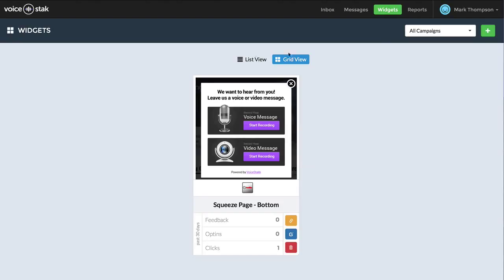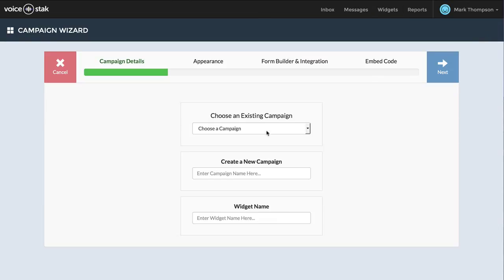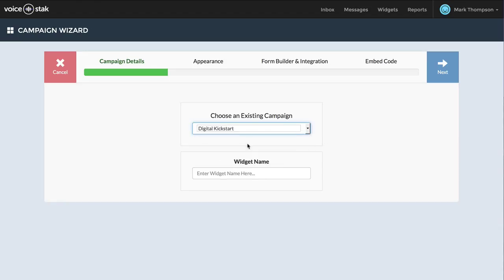So what I'm going to do is you're going to log in, you're going to see any of the existing widgets or campaigns that you have already created. But what we'll do is we'll create one from scratch just so I can show you how simple it is to do. So I'm going to click on this little plus icon. And you can create as many widgets as you want under a specific campaign, or you can create a new campaign. So what I'll do is I'm just going to put it under this digital kickstart campaign,